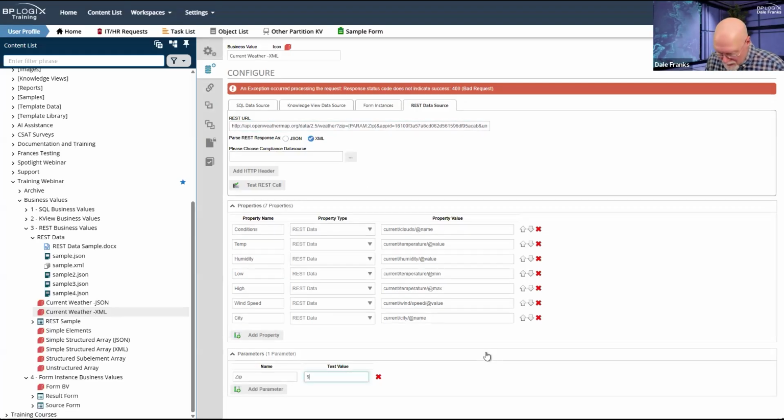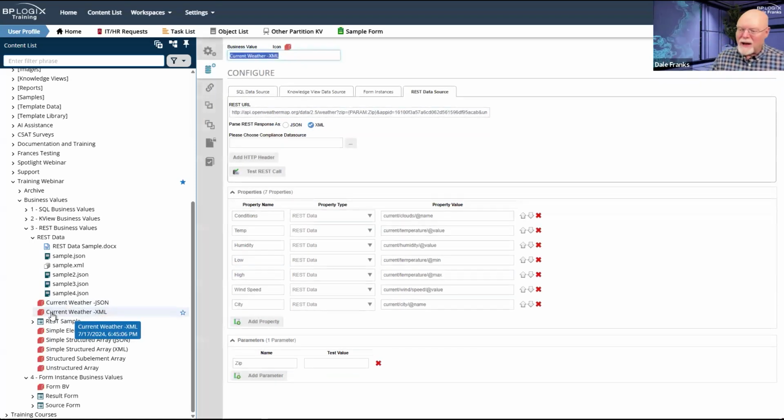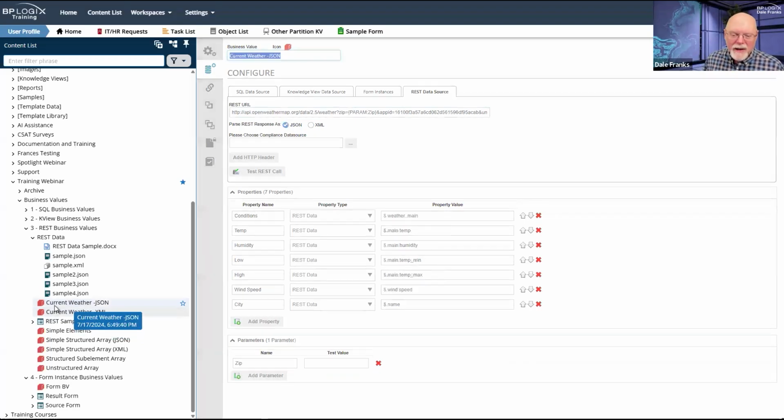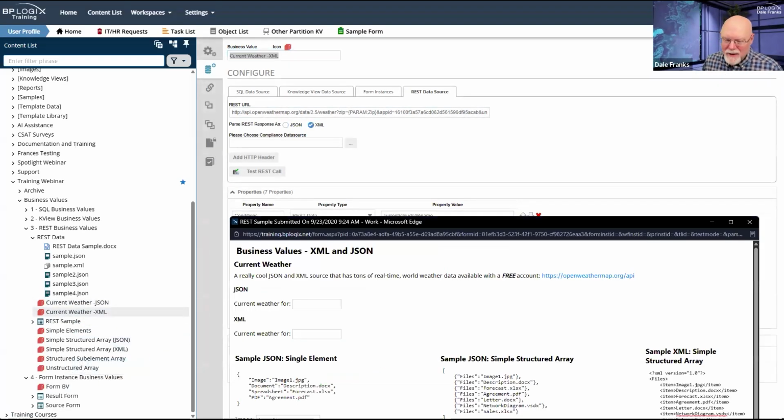So 92087, and we test that REST call again. It indicated 404, not found. So whatever it is that I have messed up, and I don't know what it is, I want to get out of here and hope I didn't save it, because on my REST sample,